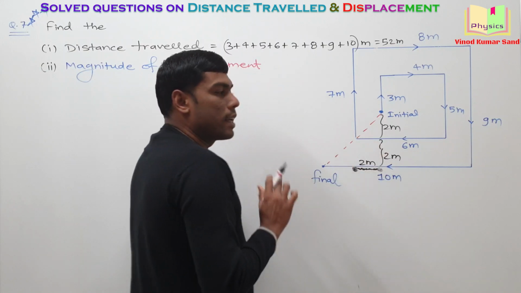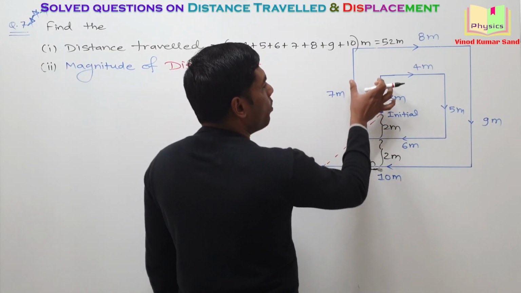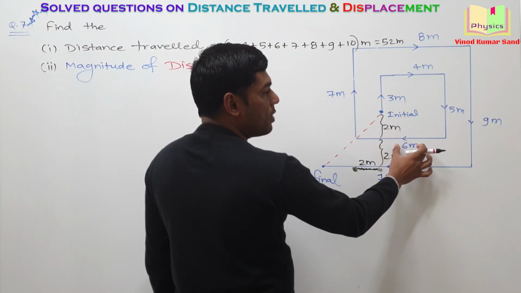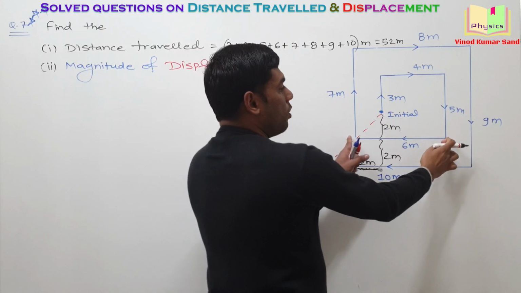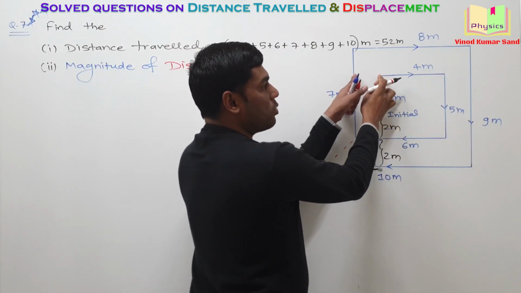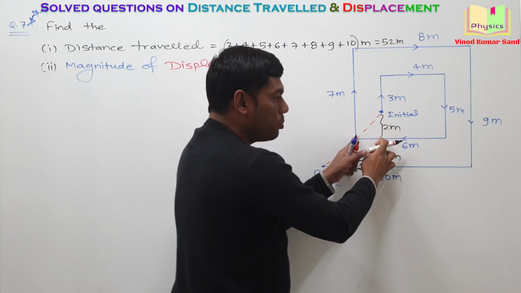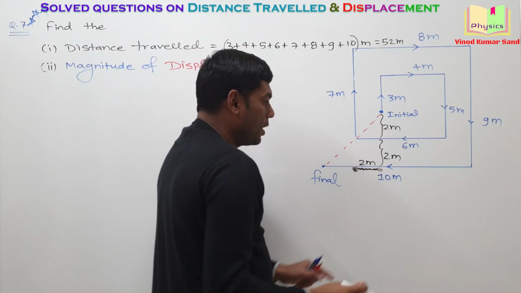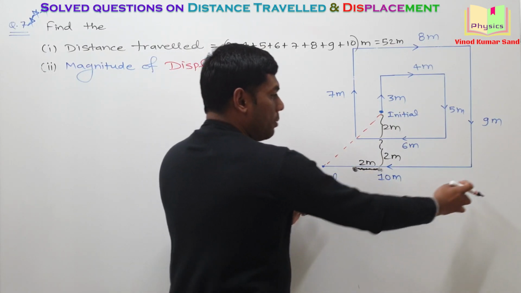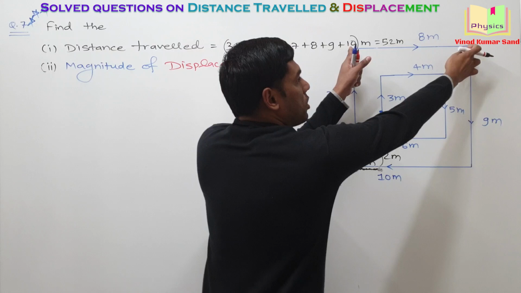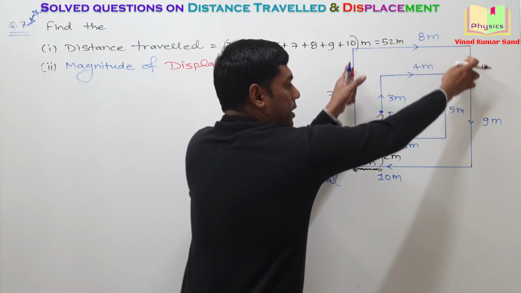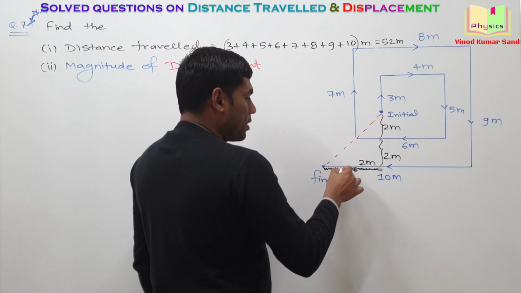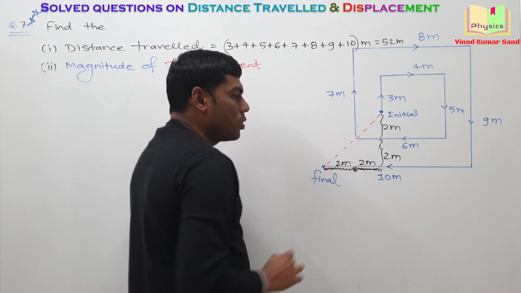How? Calculation is pretty simple. If we focus on this length, it can be obtained very easily. This is 6 meter and this was 4 meter. So from 6 meter, if you subtract the 4 meter, this will be 2 meter, and the same 2 meter length will be here, and the same 2 meter length will be here. Do you agree? Okay. Out of 10 meter, this total length, we know that this much is 8 meter. Getting it? This is 8 meter, then this remaining is also 2 meter. So I am marking that remaining distance also. This distance is also 2 meter.